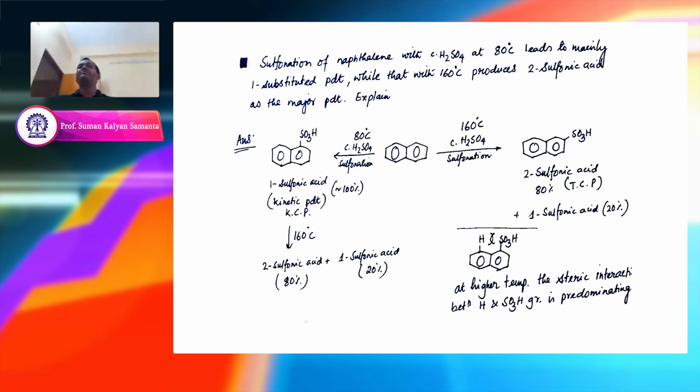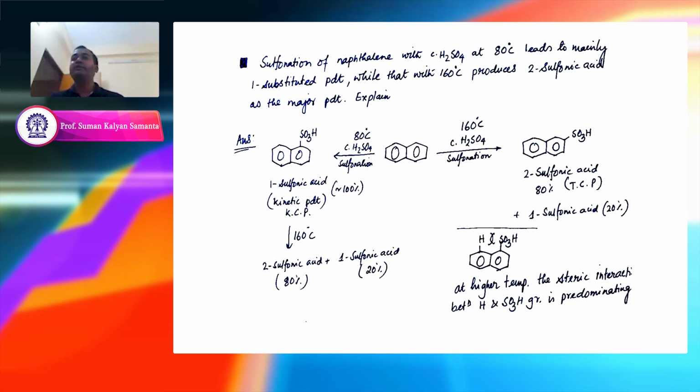So that means this reaction is definitely going through a kinetic pathway. First, at low temperature, it forms 1 sulfonic acid as a kinetic product, and then when you heat it, the kinetic product slowly converts into the more stable thermodynamic product. Now, how does this reaction happen? Whether it forms intramolecularly or whether the solvent participates.